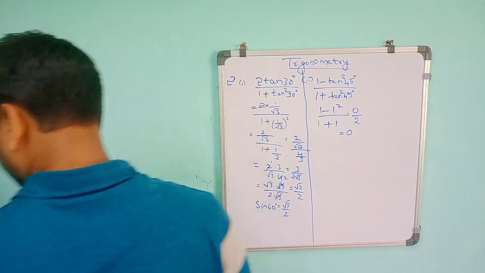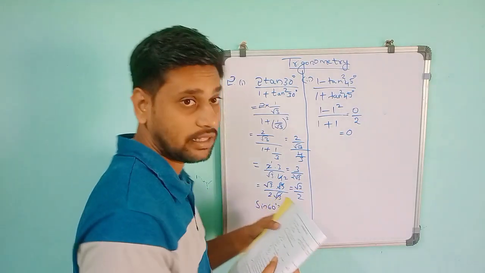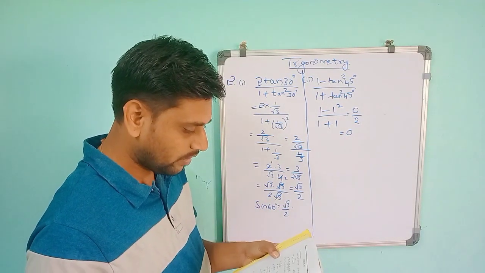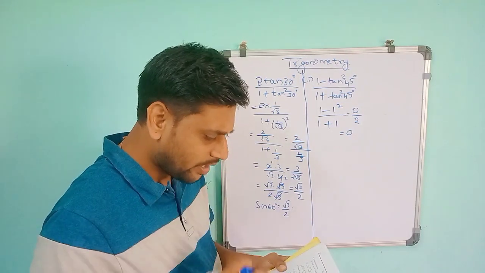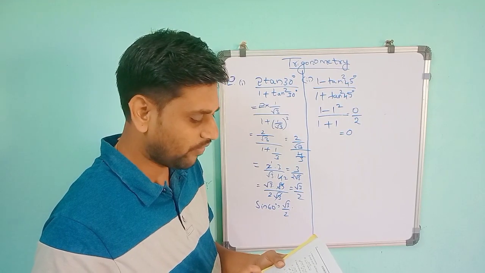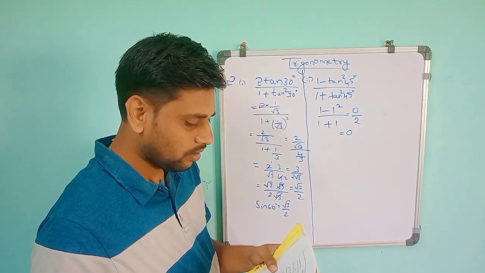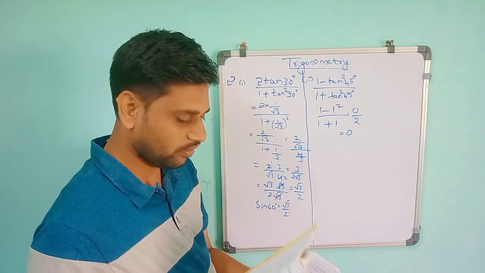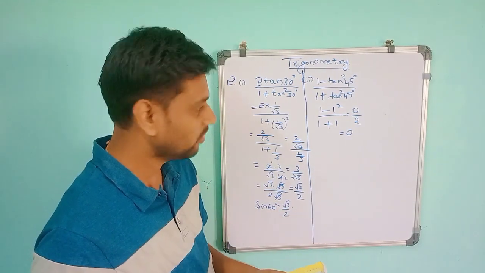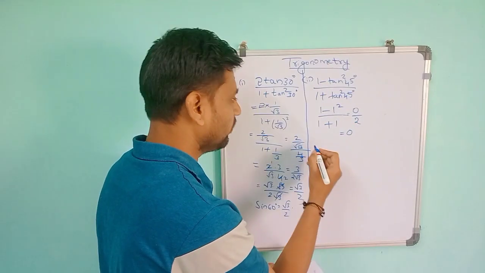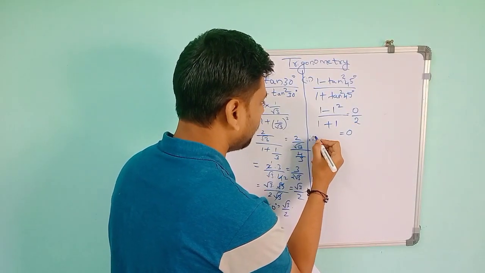So if you see the options clearly, they given tan 90. Tan 90 value is undefined, so it will not come. Then 1, it is not, it is 0 that is there. So after that sin 45. Sin 45 is 1 by root 2. Next 0 is there. So option 0 is 0 only. So answer will be 0. Like that, third one,